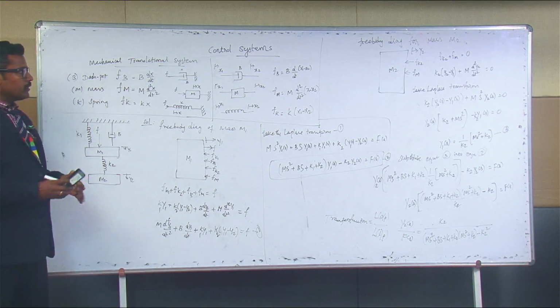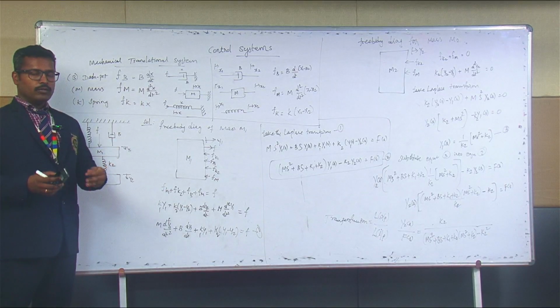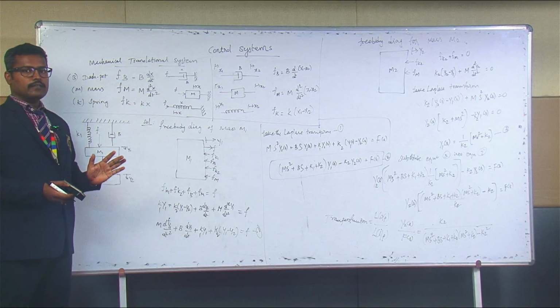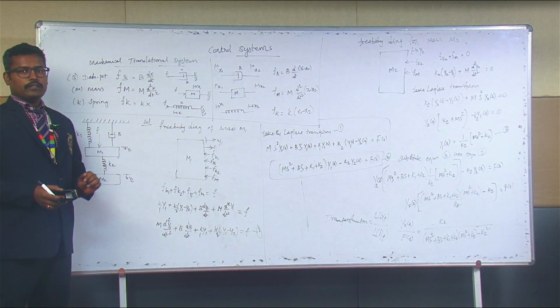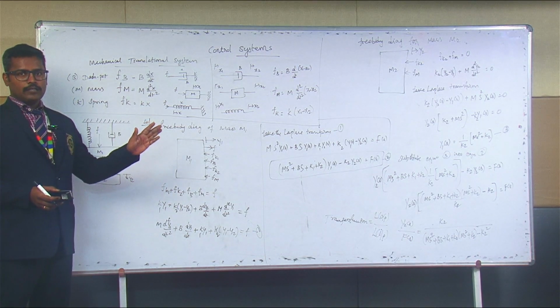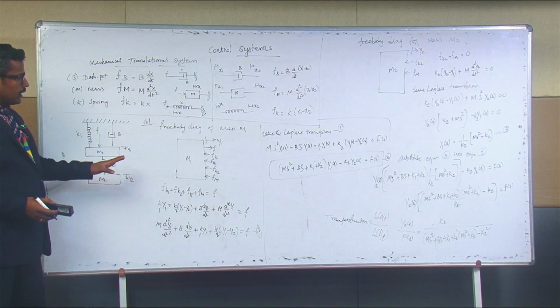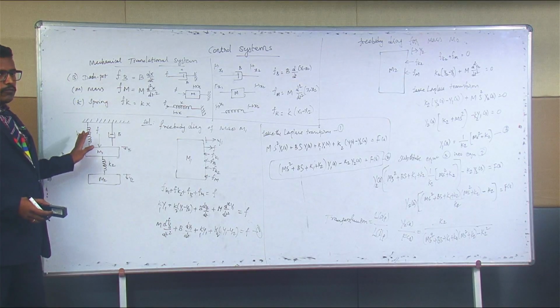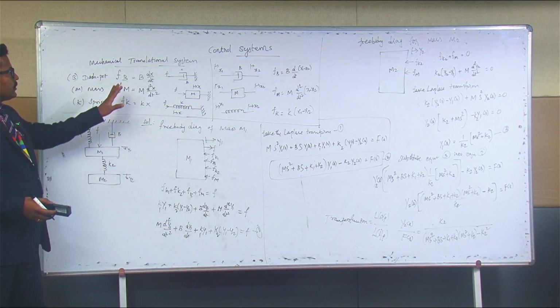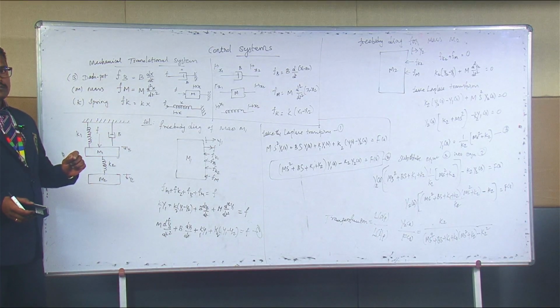How we are going to convert this mechanical system into the electrical system is by using the mechanical to electrical system conversion, which is called the force voltage analogy. We are going to derive the force voltage analogy for the same example we derived now. First we will discuss what is meant by force